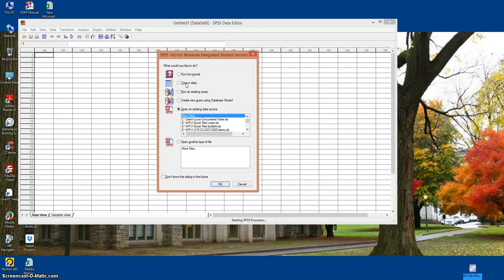Of these choices, the two that are most likely to be chosen are type in data, where you would enter data yourself, or open an existing data source, where you already have a file with data in it and you want to open it for analysis in SPSS. In this case, we have previously prepared a Microsoft Excel workbook file called Voter. We saved it in the Documents folder, and we would like to open it for analysis. Let's click OK to open an existing data source,